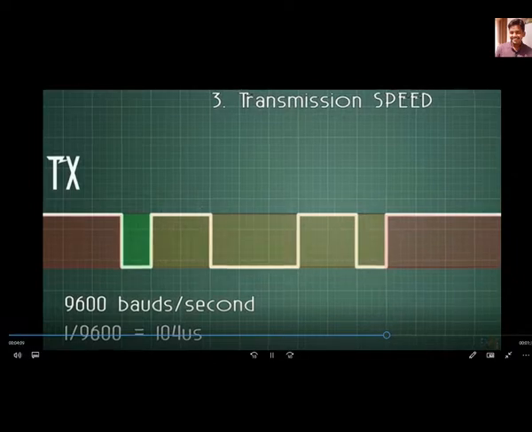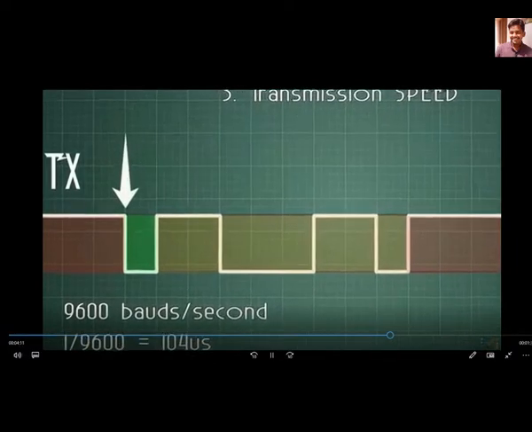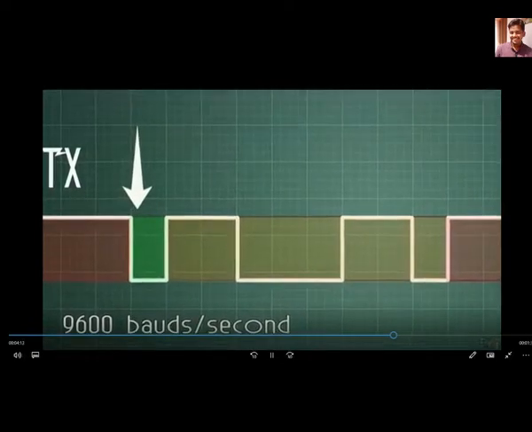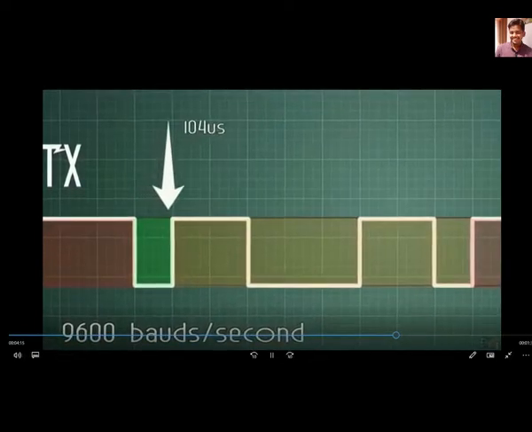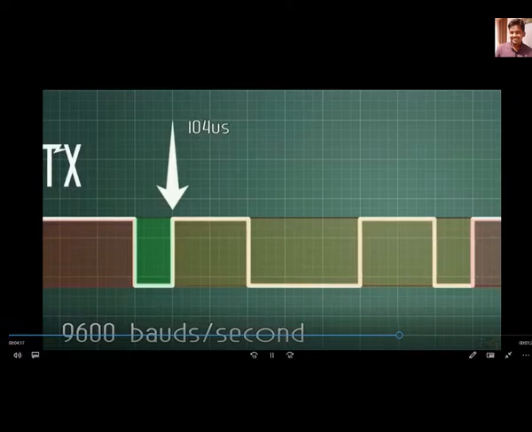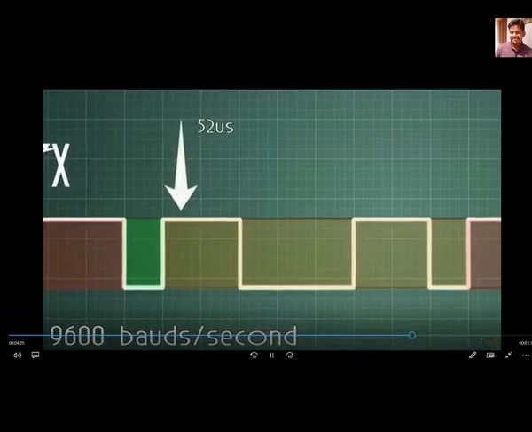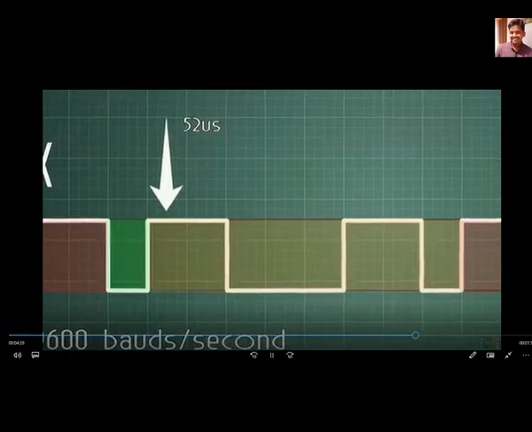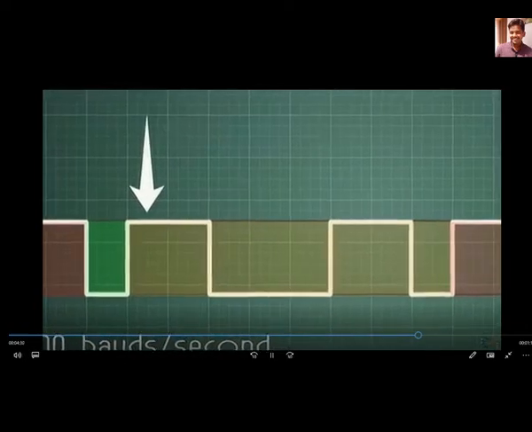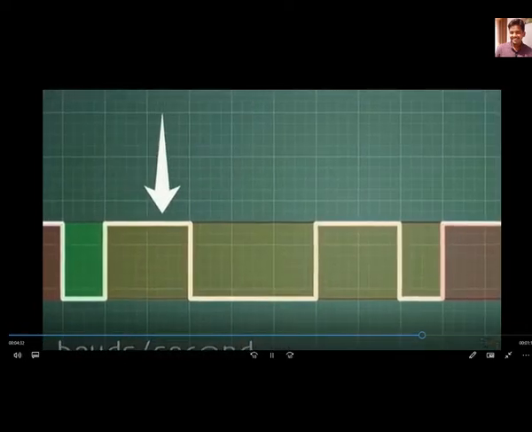So now all the receiver has to do after detecting the start bit is to count time. We count 104 microseconds and then we are at the beginning of the first input bit. But we don't usually save the value here, because the data is unstable. So we will go to the middle of the bit. So we count 52 microseconds more. And now we save the first bit, and then we count 104 microseconds more and save the second bit, and